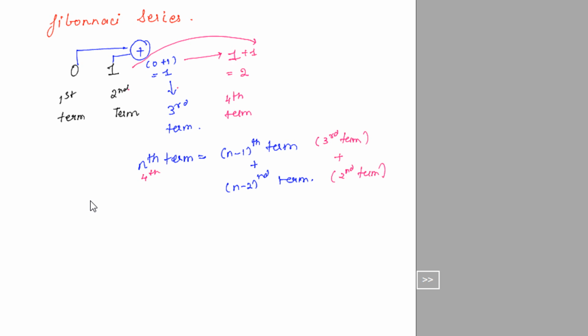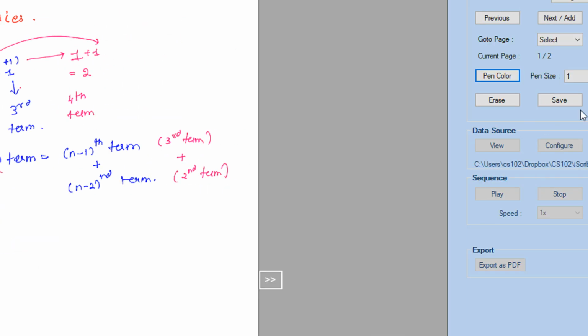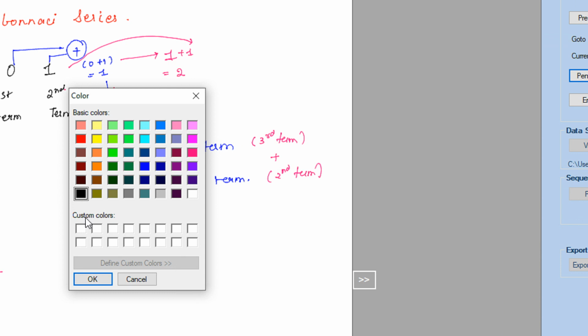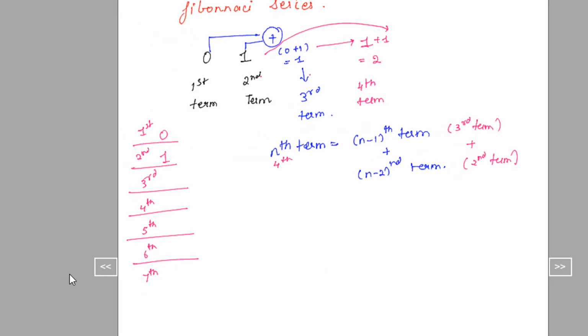So it is better to write Fibonacci in this particular order. The first two terms are these. So first term, second term, third term, fourth term, fifth term, sixth term, and seventh term. Let me get the pen color to black. The third term will be the summation of these two: 0 plus 1, which is equal to 1, right?